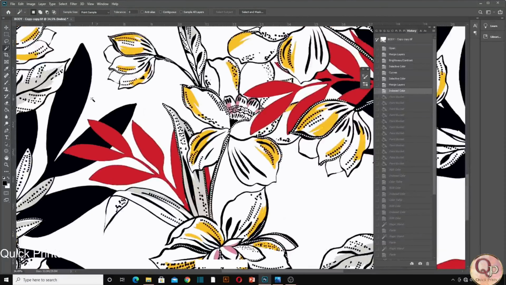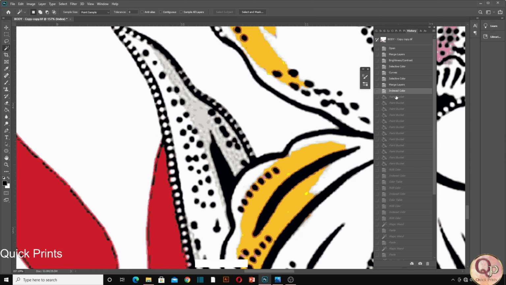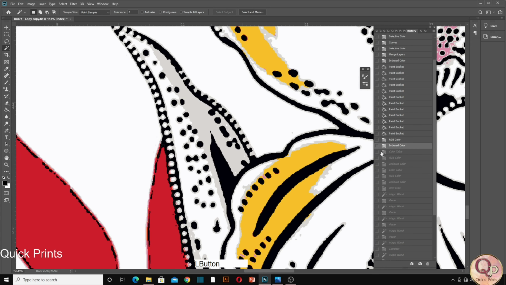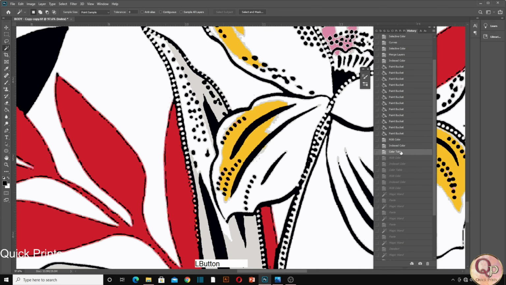When we converted into the index, all the pixelated artwork was converted into the screen in 16 colors. Then the target was how to convert into fewer colors. Then we decided to merge colors with similar colors, like gray has been merged with the similar grays, the black has been merged with the similar blacks, yellow has been merged with the yellows. All nearby colors have been merged. Then we checked how the colors are going more than 6, because on screen it was showing 6 colors, but when we were converting into screen print it was showing 7 to 8.